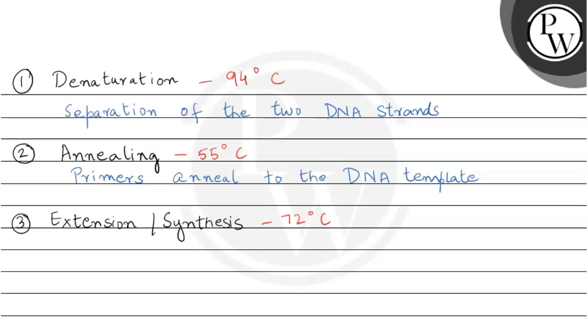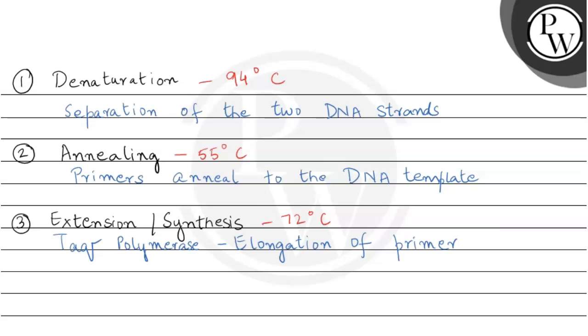So a specific enzyme known as Taq polymerase is responsible for the elongation of the primer by the addition of nucleotides complementary to the DNA strand or the DNA template strand. So, Taq polymerase is a thermostable enzyme which has a higher optimum temperature, and therefore it is particularly used in